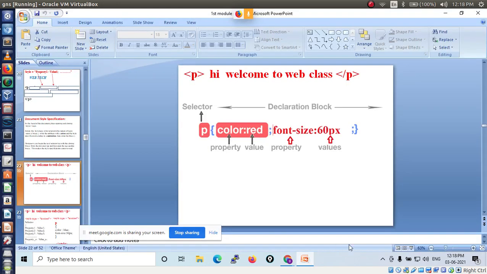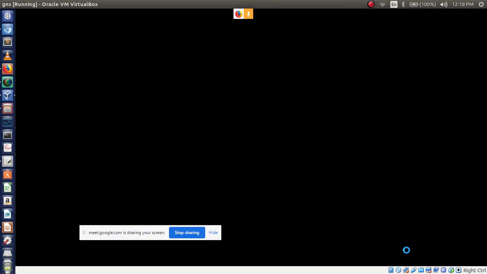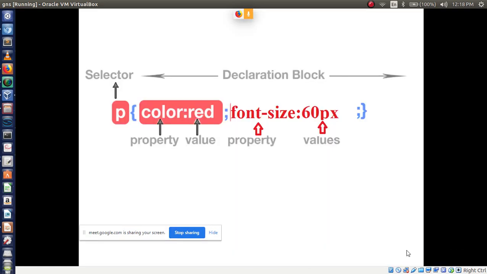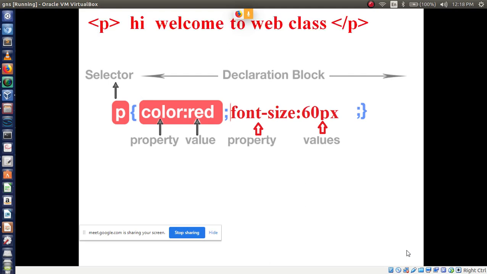Okay, and I already told you these styles are very important, and these are all fixed questions. So today we will be studying document level style sheet. Here, this is my tag. In this tag we are using P, then I am displaying hi welcome to web class. To apply these styles with the help of document level style sheet, first we have to choose the selector. Selector, I already told, is nothing but the tag name. What is my tag name here? P. So I will use P, right?